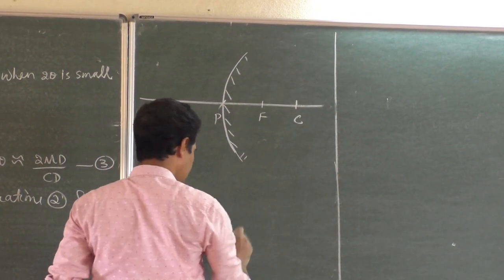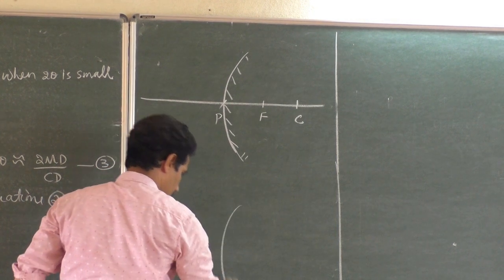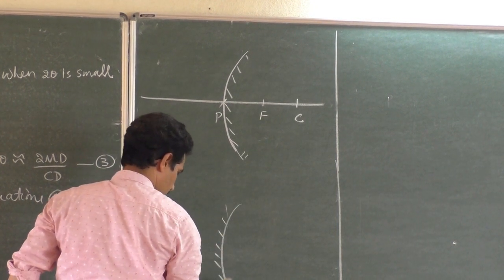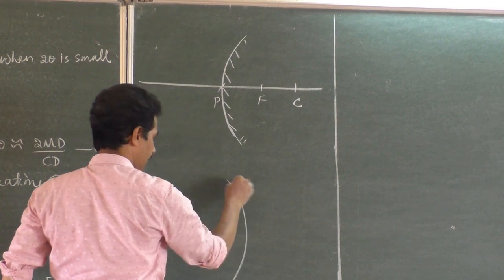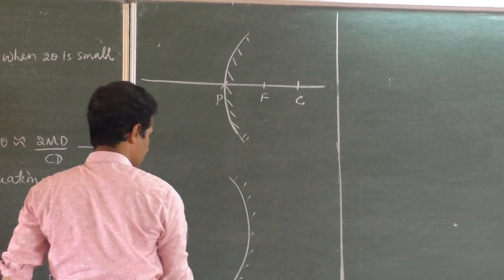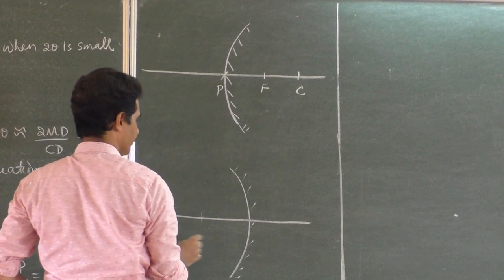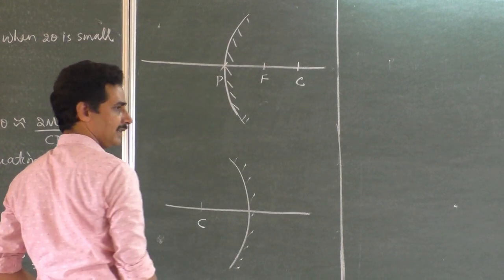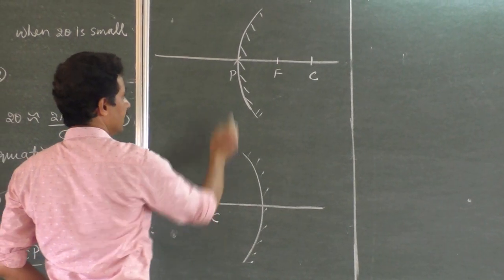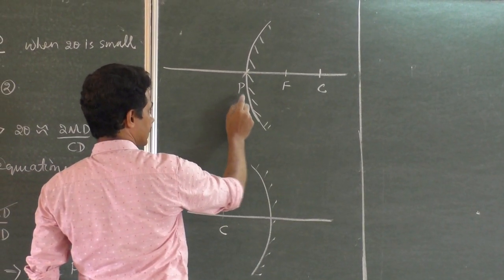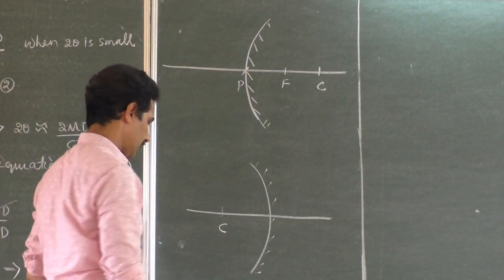Whereas in a concave mirror, it is... sorry, this is not the way, this is the way. For a concave mirror, the center lies on the reflecting side, whereas here the center is not on the reflecting side, it is on the inner side, inside the mirror. Okay, now,